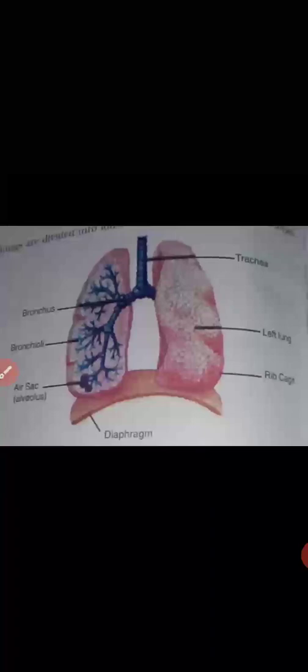Respiration is considered as interchange of gases. This interchange takes place in lungs as well as in tissues. Next one is pulmonary respiration or external respiration. In this process, oxygenation of blood takes place. The blood comes into contact with air sacs. Oxygen passes across from air sacs to the pulmonary capillaries, whereas carbon dioxide moves into air sacs.